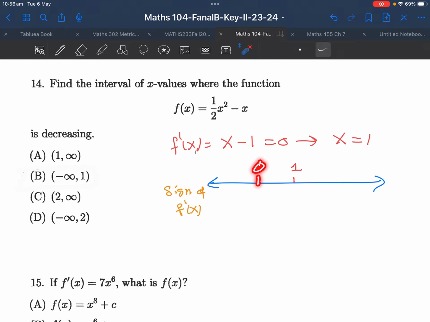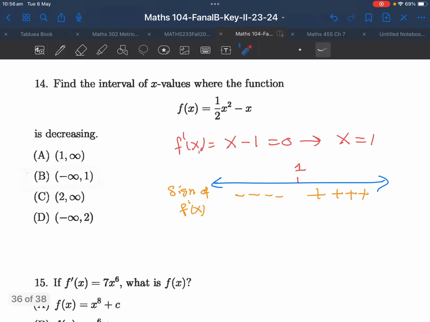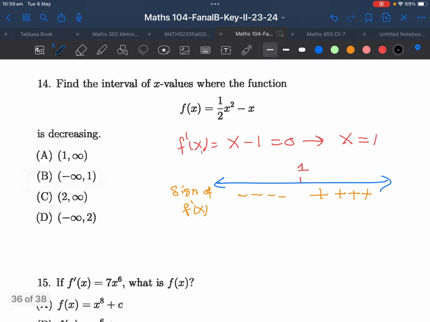Choose any number which is less than 1, which is 0. If we choose 0, this area would be negative, and this is positive. Remember, we want to know where the function is negative. It is from negative infinity to 1, and that corresponds to